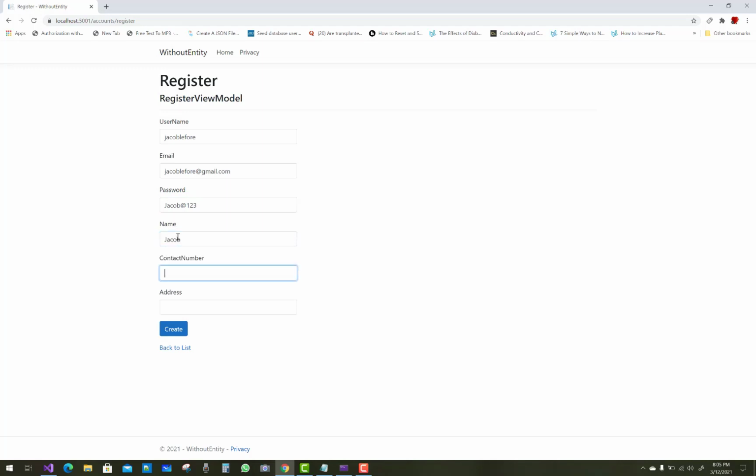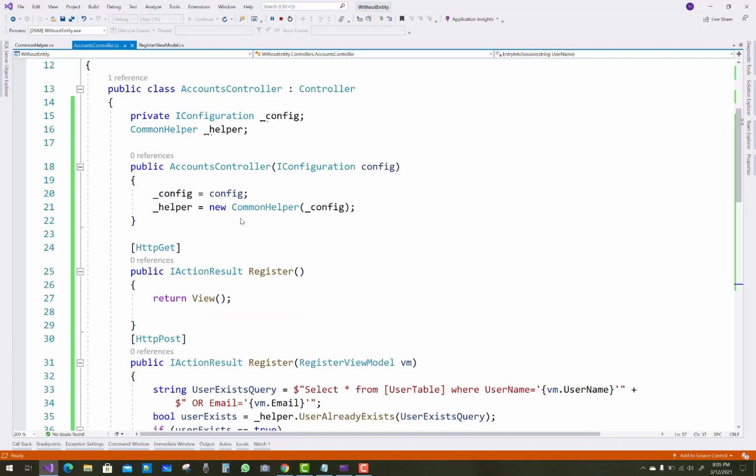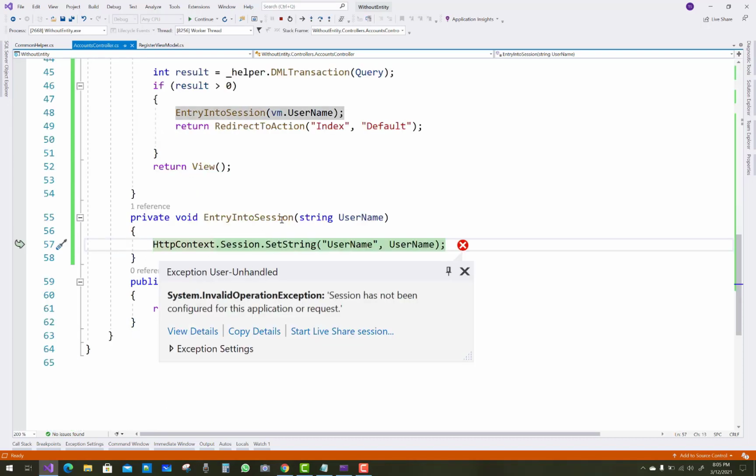The name is Jacob, the contact number is 1234, and the address is XYZ. Okay, so just click on the create button. Oops, getting an error, and let's resolve that error.